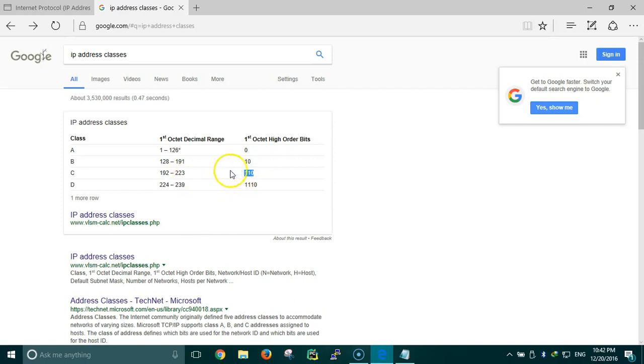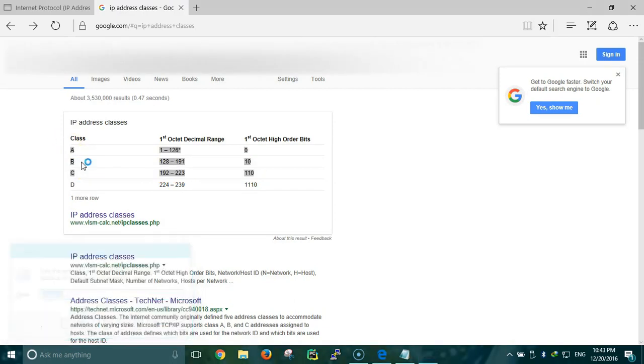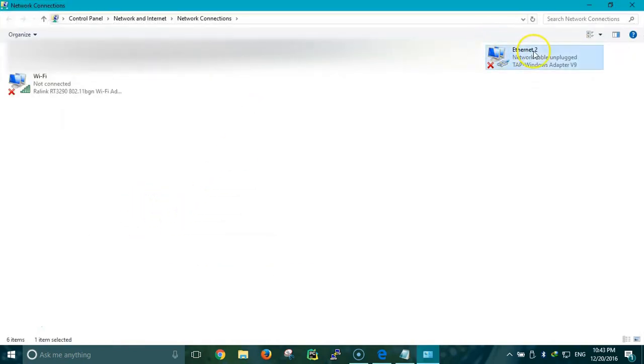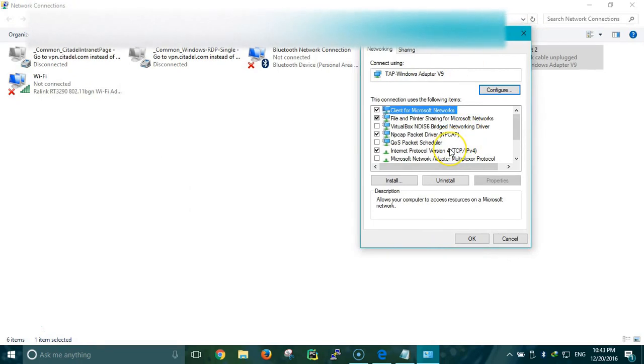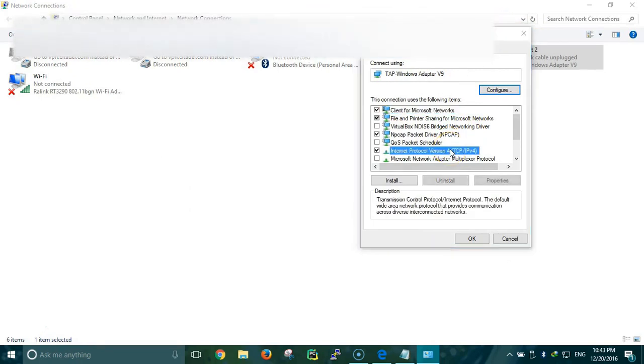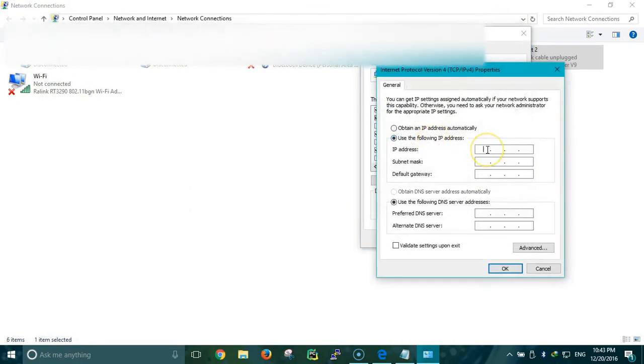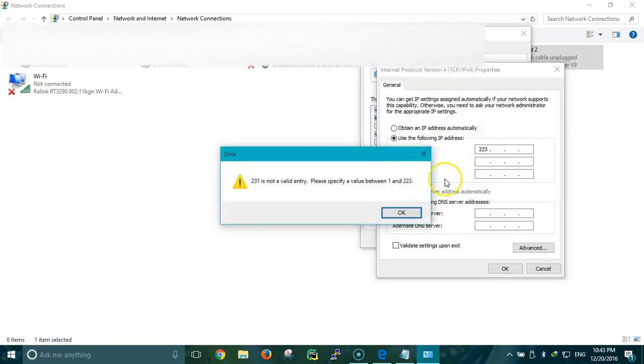So we are only going to deal with these three classes. To show you an example, let me try to put that IP address in there. Let's go to IPv4 and let me try to put in the value 231, and it would give me an error saying it is not a valid entry because it is reserved for multicast.